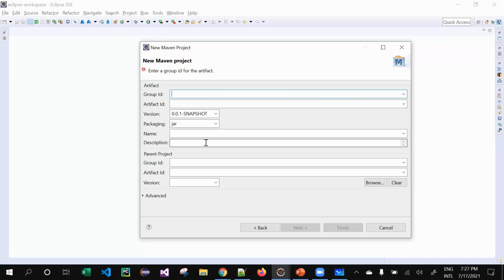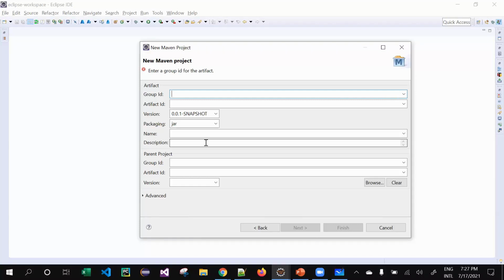That ID for the project is represented by your group ID, and your artifact ID is like a subgroup. Inside the group ID, I'll have the artifact ID. Or to make it simpler, the group ID is not going to be visible to anyone. Your artifact ID is nothing but your project ID, the name of your project.